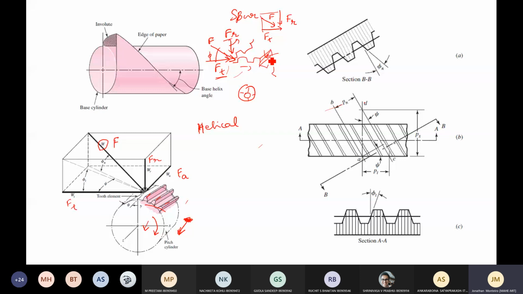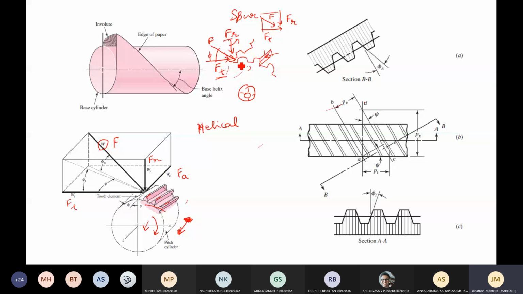And that one force line can be divided into two components or resolved in two components. One is called tangential, called Ft, which is giving rise to the bending stresses, and Fr, which we usually neglect. Why we neglect? We have seen that using the Lewis equation, even if you include that Fr force, it is only going to make the tooth stronger and make the bending stress lesser than what it actually is. So neglecting Fr makes the equation more conservative. So these are the only two forces that we have on a spur gear.